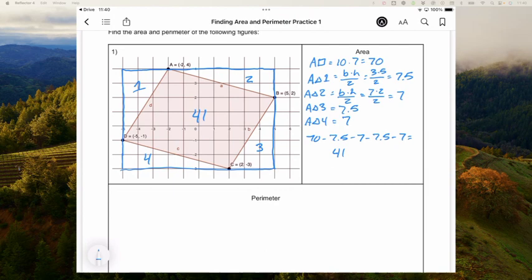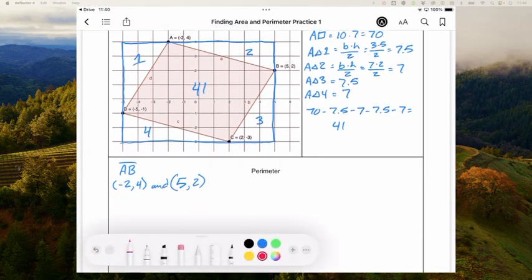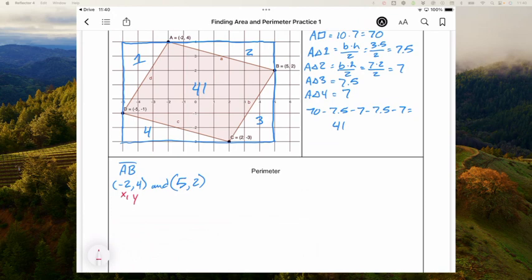Okay, perimeter is a little bit more work, but not terrible. Again, I can pick any 2 points that are connected by a line and do that for my first round of doing perimeter here. So I will go from A to B. So AB will have vertices of -2, 4 and 5, 2. So I'll make this my x1, y1, x2, y2,